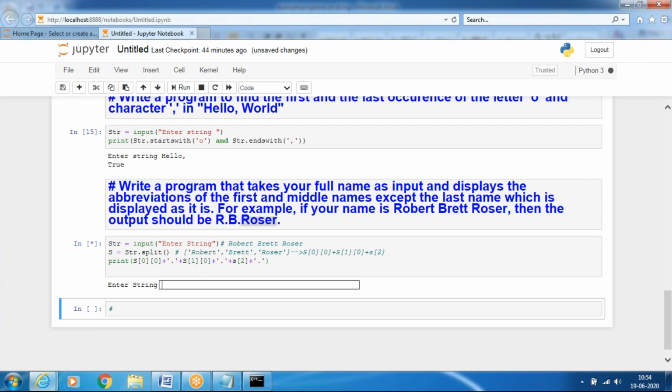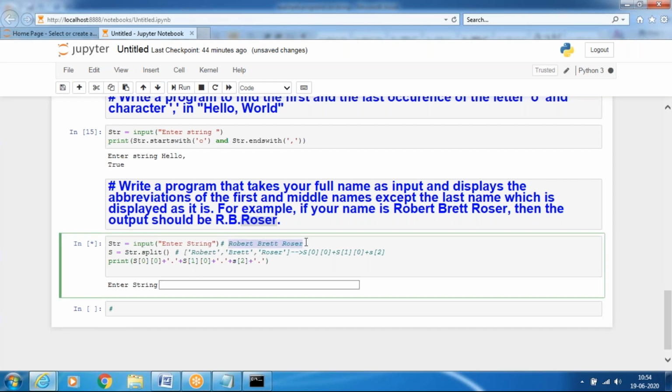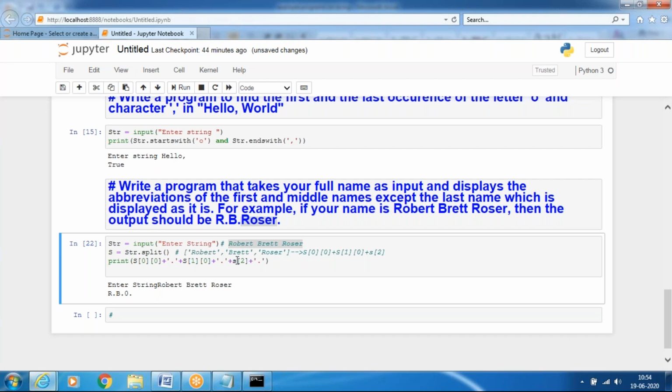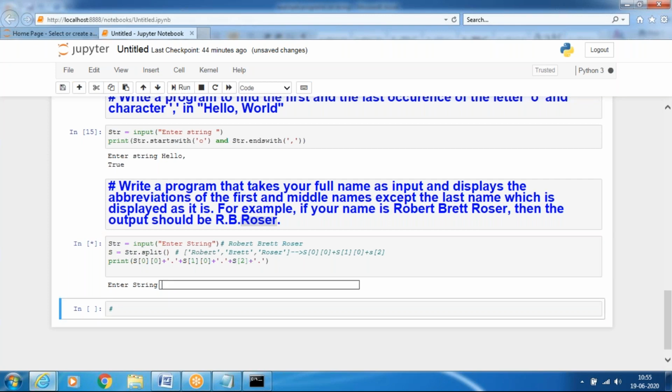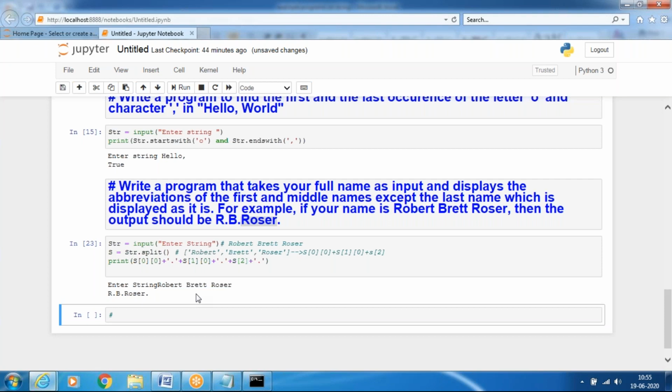It automatically prints R.B. Roser. Sorry, I will use a capital S here. R.B. Roser, it will be printed like this.